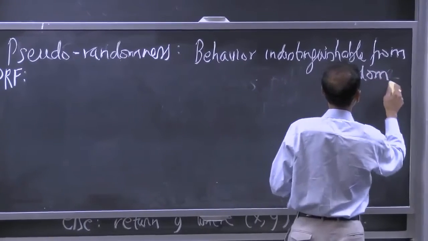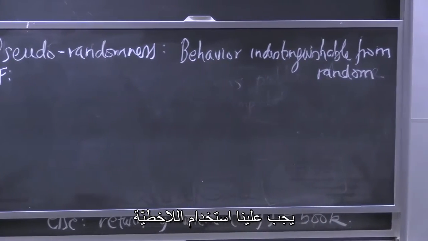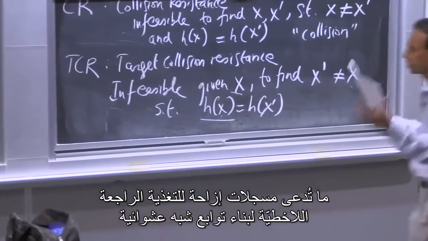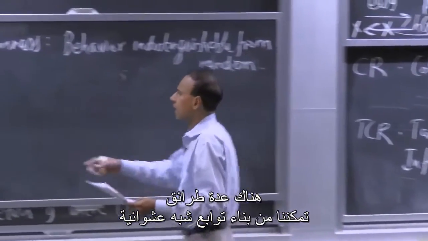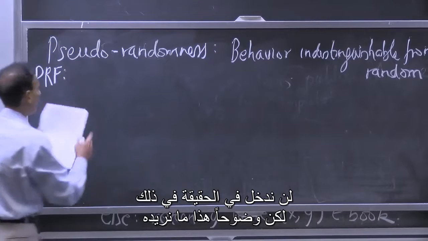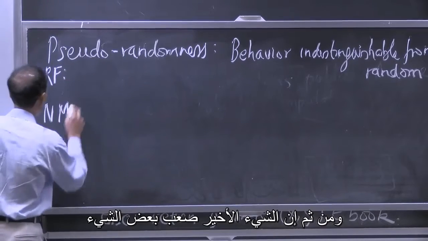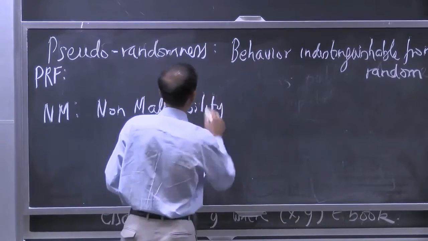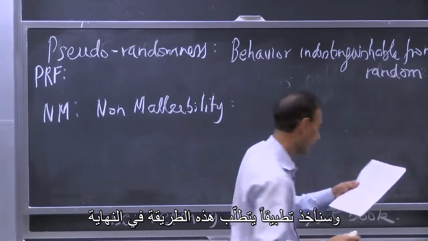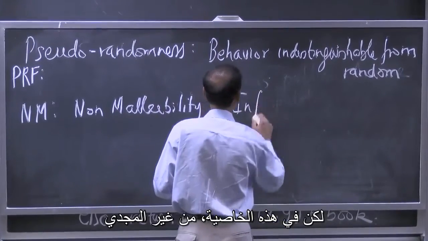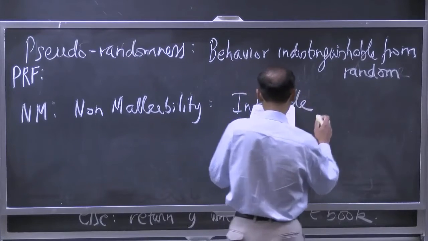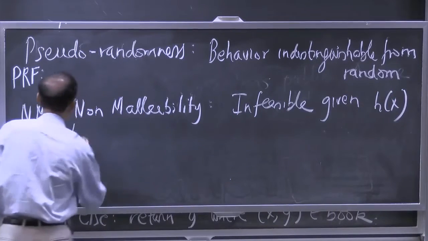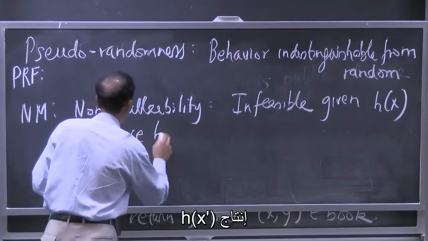So we're going to have to use nonlinearity, things that are called nonlinear feedback shift registers to create pseudorandom functions. There's many ways that you can create pseudorandom functions. We won't really get into that, but obviously that's what we want. And then the last one is a bit tricky, and we will have an app that requires this at the end, but this says it's infeasible, given h of x, to produce h of x prime